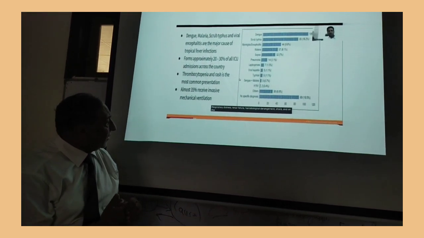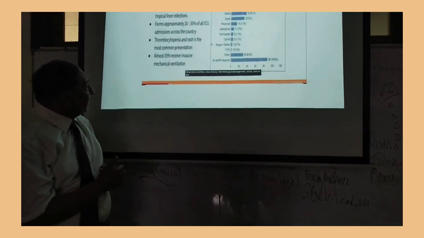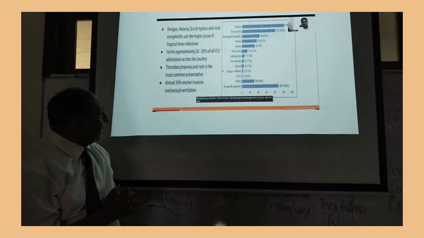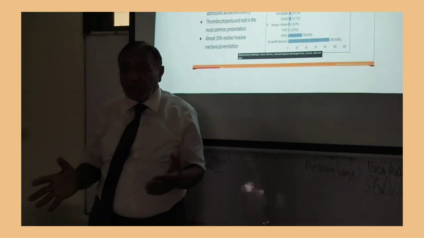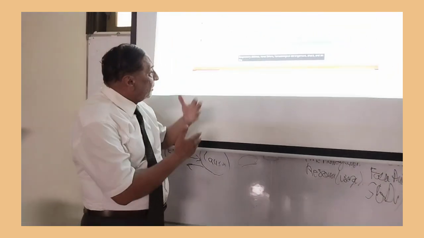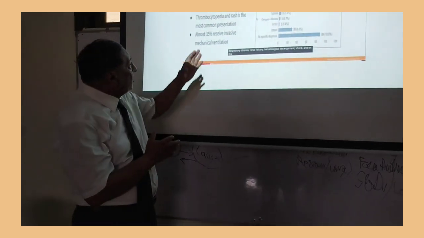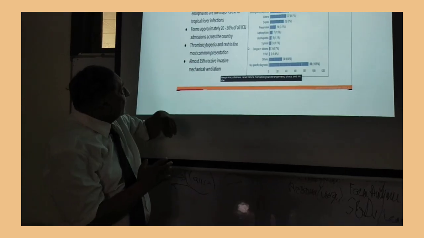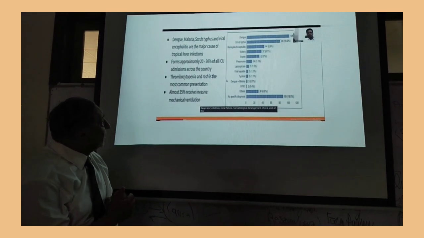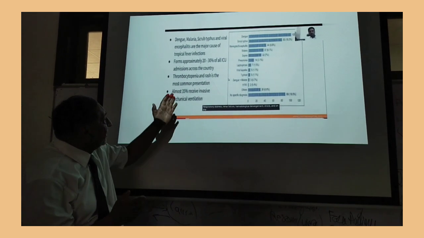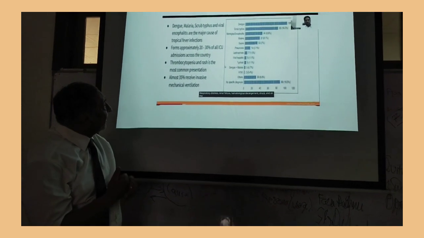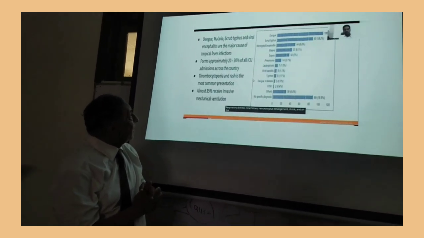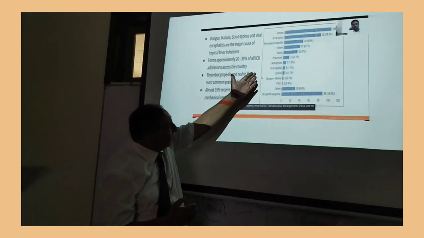This is another picture. You can see that 35% receive invasive mechanical ventilation. So the tertiary care hospitals also get more patients, and thrombocytopenia and rash is the most common admission problem, and approximately 20 to 30% of all ICU admissions across the country. And dengue, malaria, scrub typhus, viral encephalitis are the major causes of tropical fever infection, and you can see